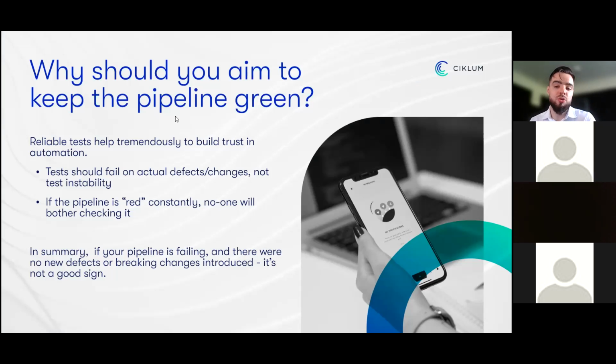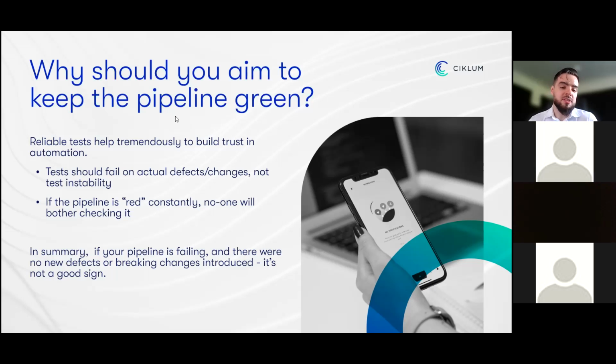And they should only fail on actual defects or breaking changes, not test instability. And if your tests are not failing on actual defects or breaking changes, and your pipeline is red very often, so basically the tests are failing, but they don't bring any value, they don't bring in any new defects, they don't point to any changes which were introduced,